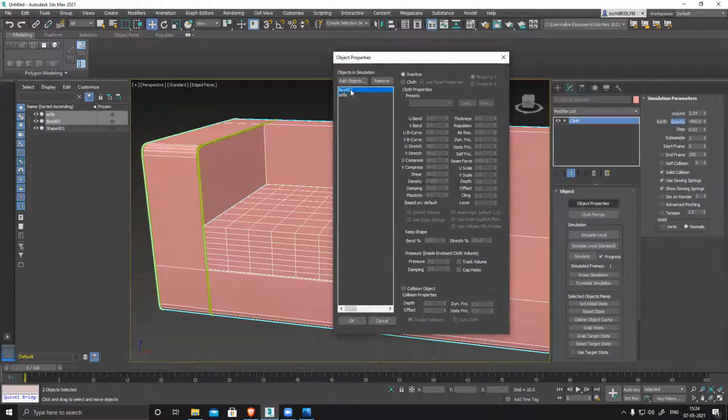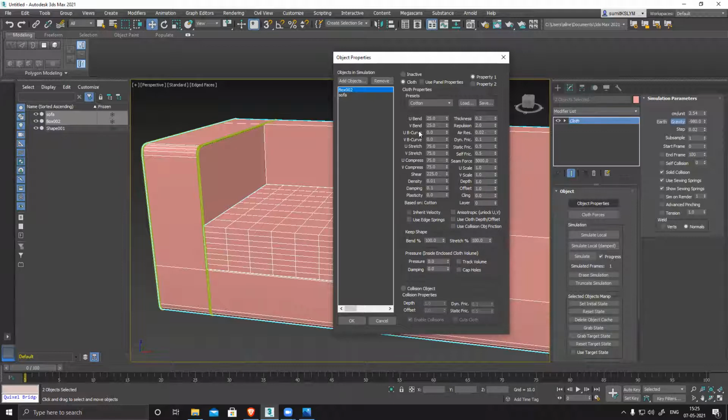Now this box is my actual sofa cushioning, the sofa pad, the cushion or pad where we sit. Select that and switch on cloth. So the sofa became collision and this box became cloth. By default, because we have a lot of presets, usually this fabric is either jute or maybe cotton or something like that. So I can select cotton. There are a lot of presets, and you can see it automatically modifies everything.